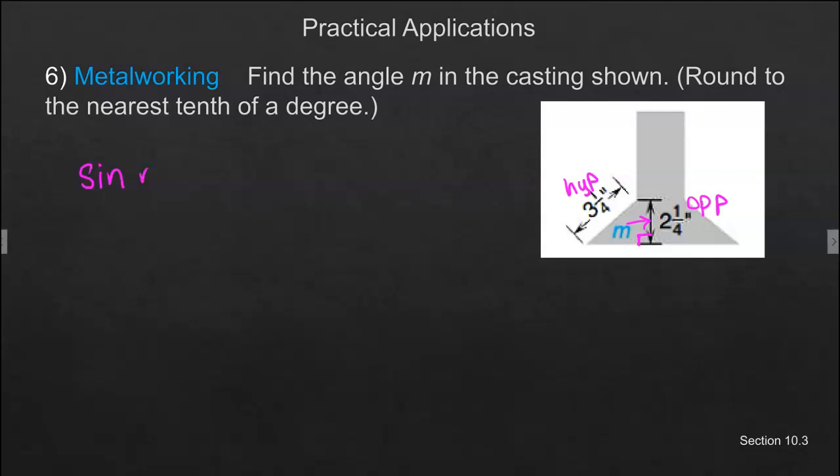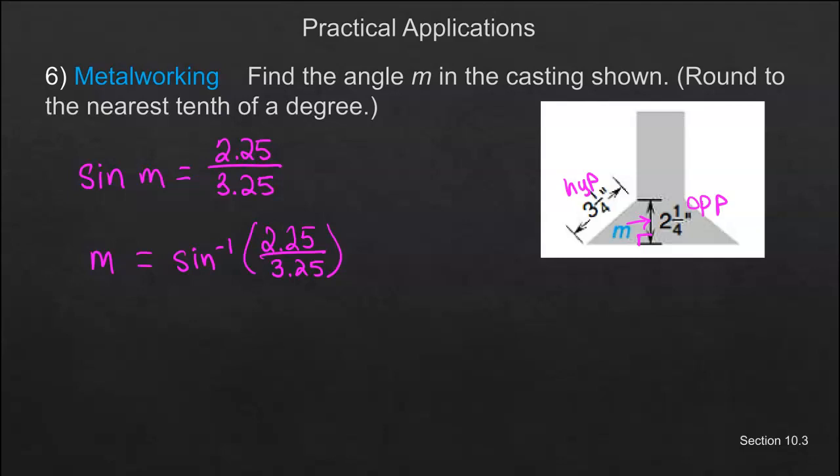So we say the sine of M is equal to the opposite side, 2.25, over the hypotenuse, 3.25. To solve for M, we're going to take the inverse sine, so second sine, take 2.25 divided by 3.25, and then that's going to give you the angle measure. So remember, you press your second or shift depending on your calculator to get the sine. It should say sine to the -1 on your screen, and then type in 225 divided by 325,